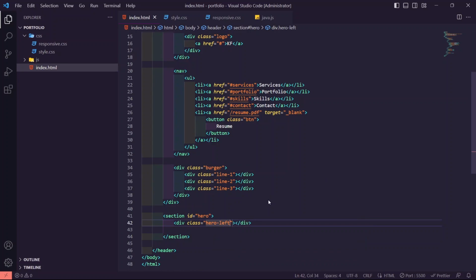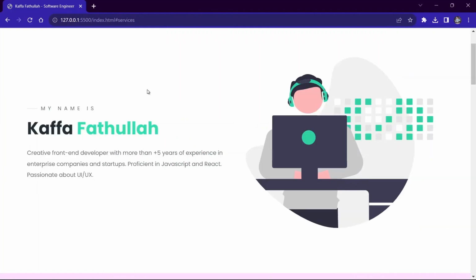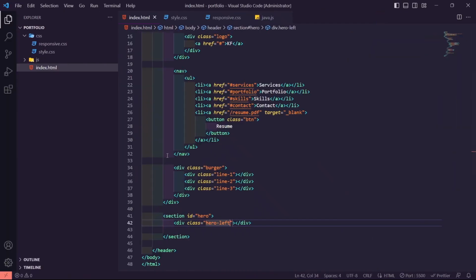Hero left. We're gonna make this section here first. Hero left, and then